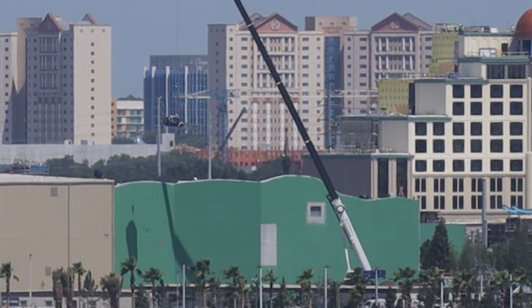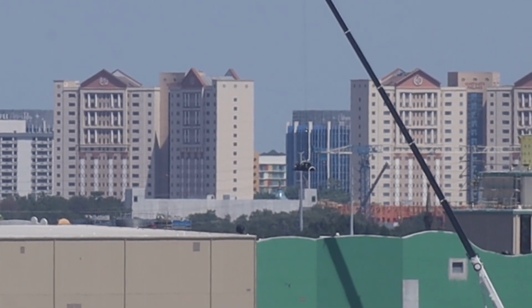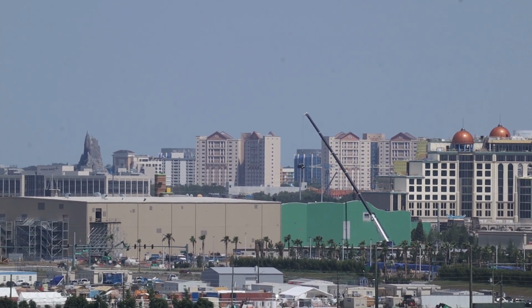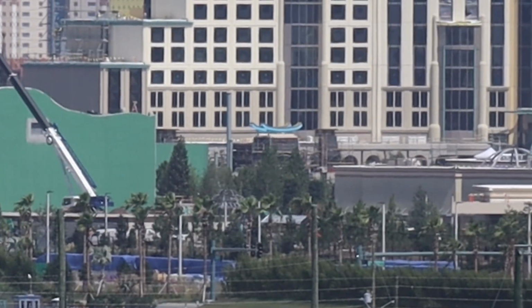You can barely see some of the portal for monsters there, and they're lifting stuff up with the crane in Nintendo Land right now. Zoom in on that for y'all. It really looks like some sort of Mario Kart tire element, but it looks neat. Also, this Donkey Kong crane is massive, but as we head around, zoom in center screen, we have the Dragon